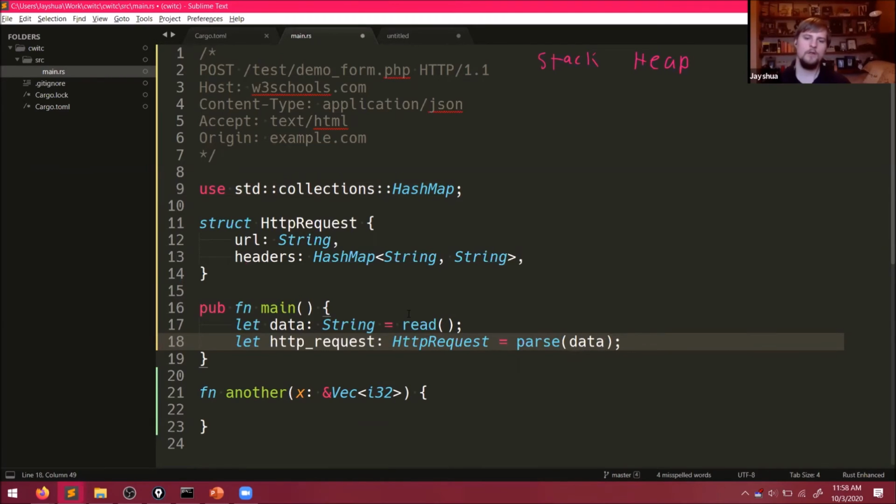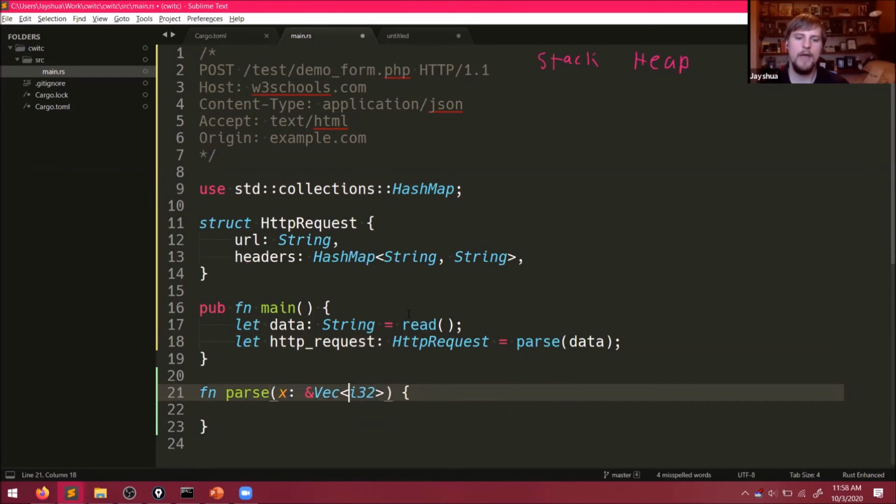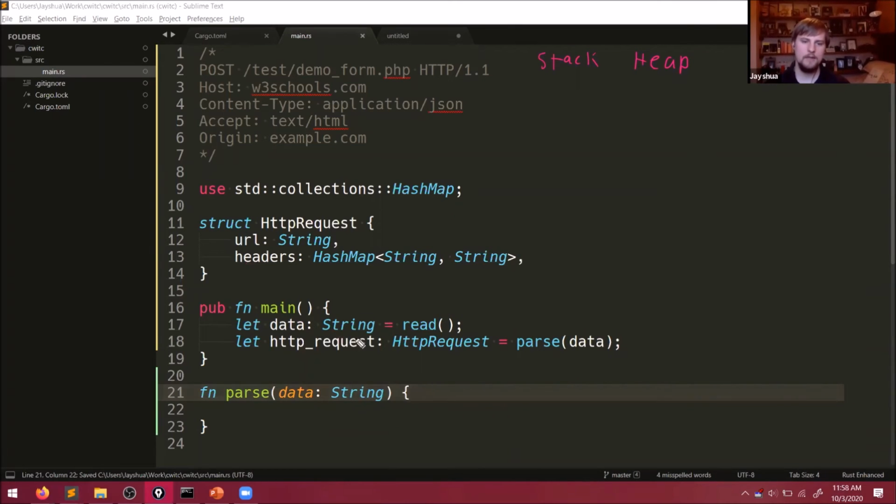Like this. So if we think back to our ownership model that we talked about, you'll notice that I'm passing in the data by value. That means ownership of the string is going to move into our parse function. So that's great. The other thing that will happen is that since ownership has moved and the memory that's pointed to by the data string is heap allocated, so we'll have an entry for the length, maybe 40 characters, and then a pointer into the heap. Ownership has moved into this function, which means this heap data that contains our HTTP request is